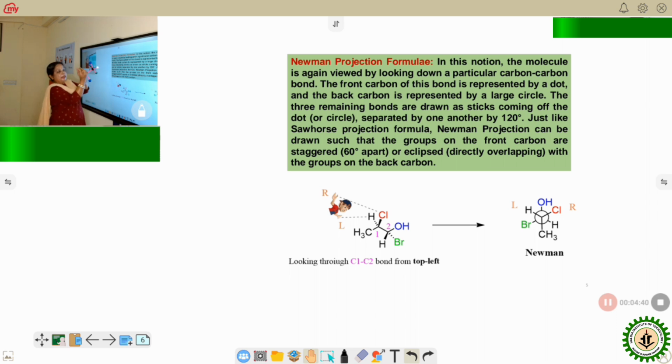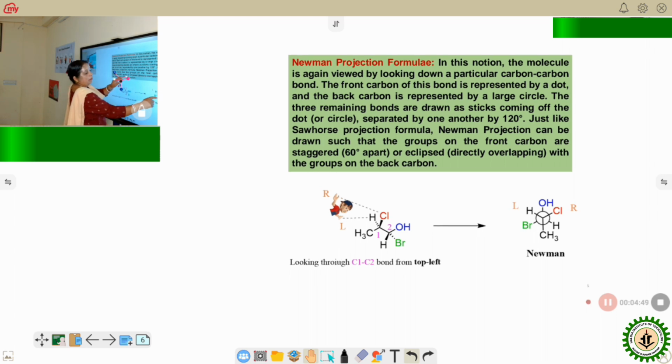If you see from this side, from your side, this is your front carbon and this is your back carbon. When we represent the front carbon by the point and the back carbon by the circle, the front carbon is attached with three groups: one is hydrogen, another is Cl, and the third is CH3. And the back carbon is attached with OH,